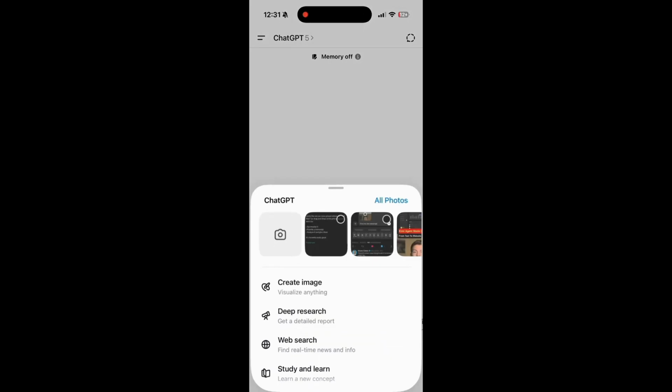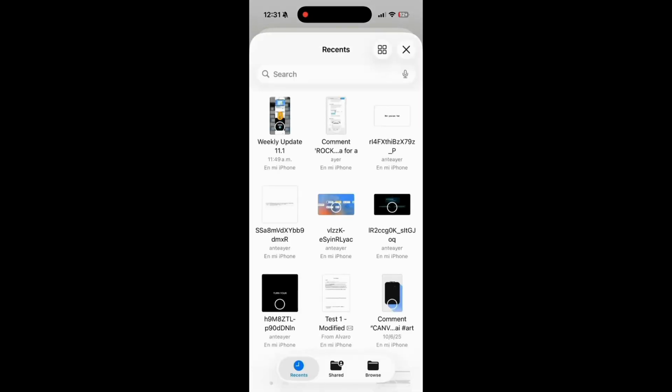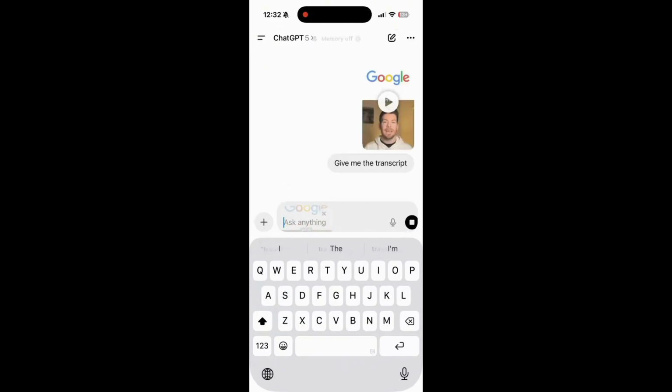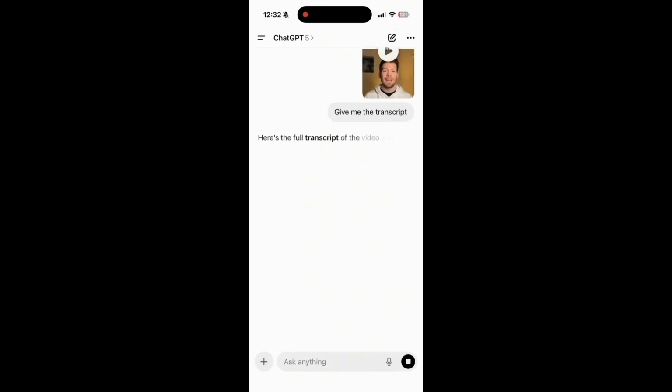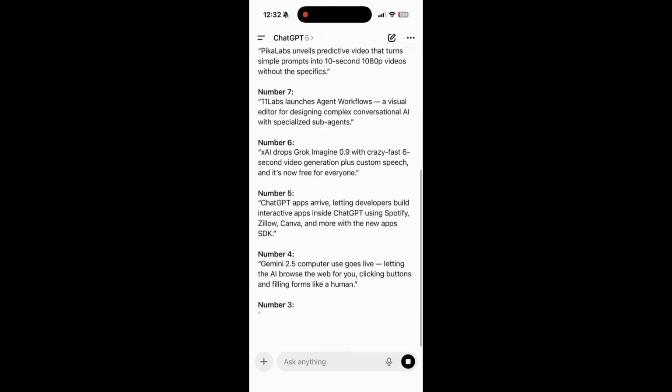What can it actually do? You can ask it to summarize videos, generate transcripts, or even analyze and give creative ideas based on the content. For example, you could upload a lecture and ask for a bullet summary. You could drop in a product demo and have ChatGPT write a YouTube description, or turn a long webinar into